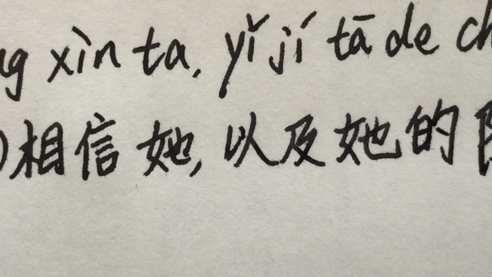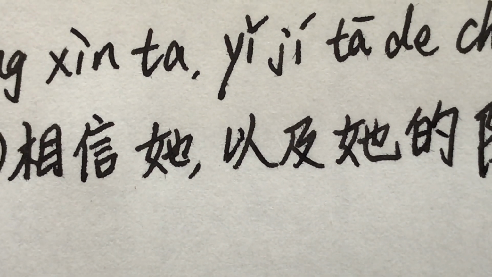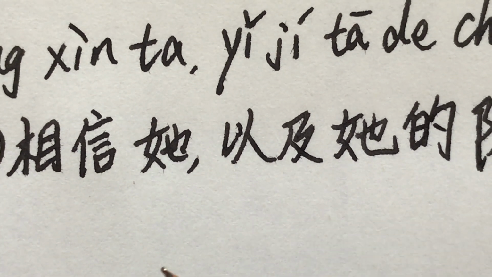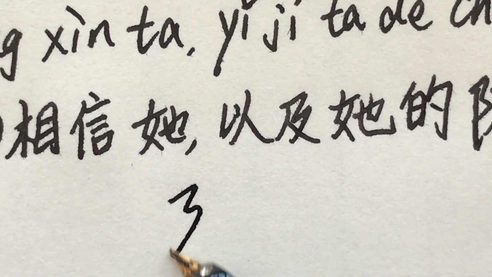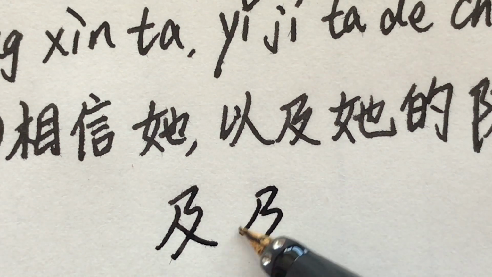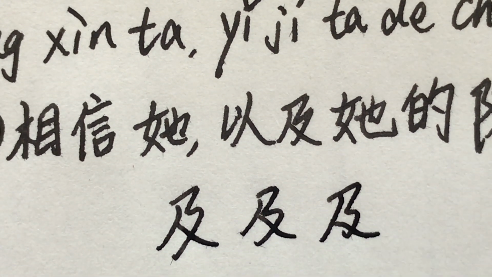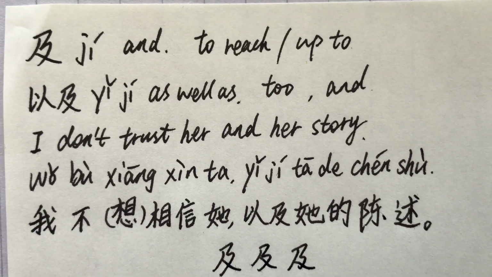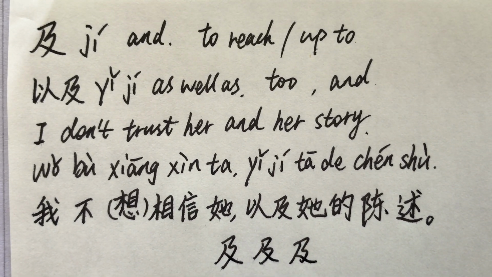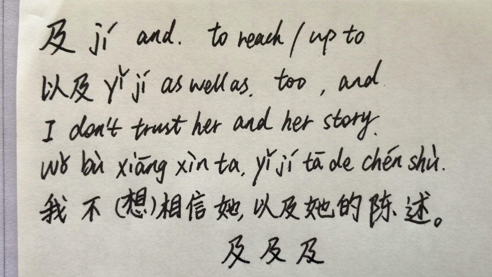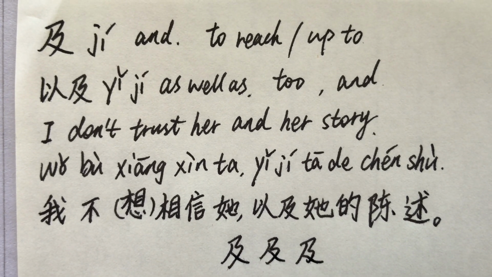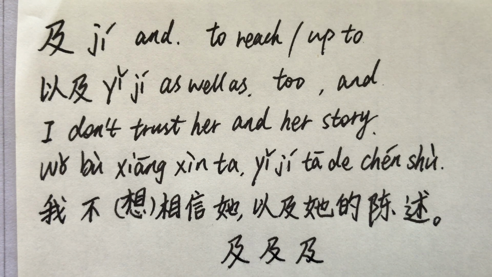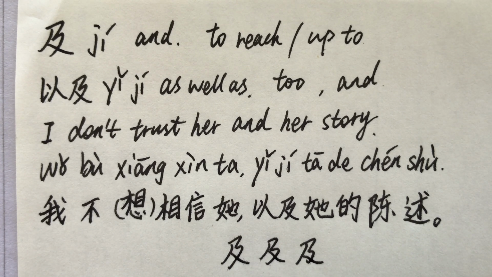我不相信她以及她的陈述。及 in cursive. 及, and, to reach, up to. 以及, as well as, to, and. I don't trust her and her story. 我不相信她以及她的陈述。